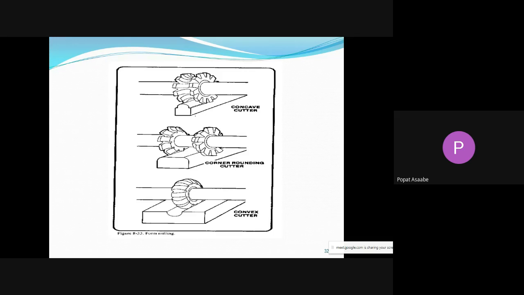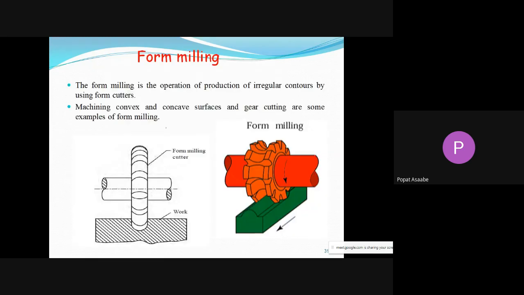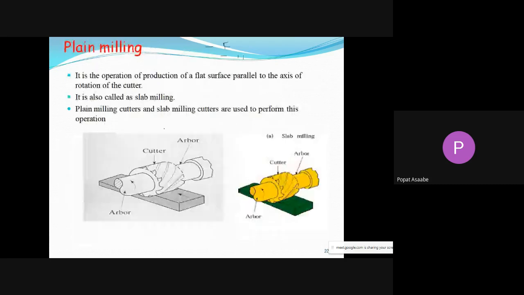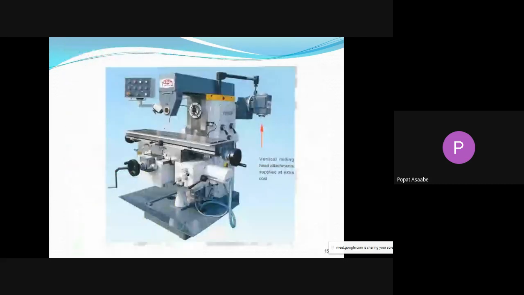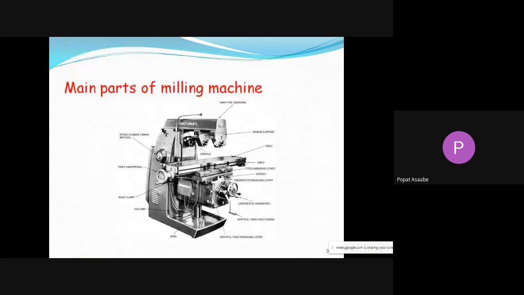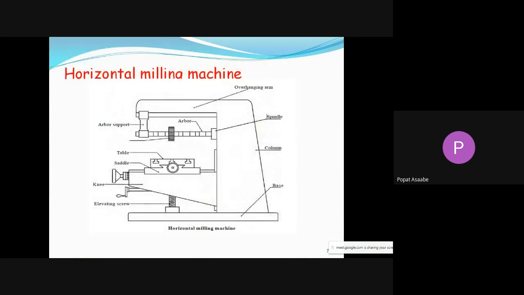Then we have seen the horizontal milling machine, and the vertical milling machine also. Once again I will revise the construction and working of the horizontal and vertical milling machine. See, this is the horizontal milling machine. In it, this is the arbor, which is mounted on the spindle. That spindle is horizontal and hollow, and inside it we can easily mount the arbor. On that arbor is the cutter. Whatever operation we require, according to that we can mount a suitable cutter on the arbor.